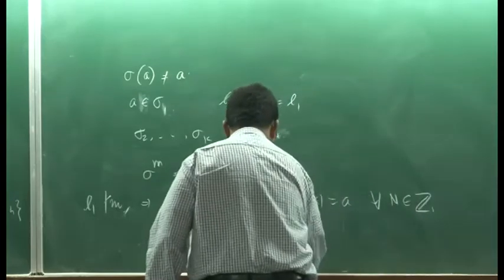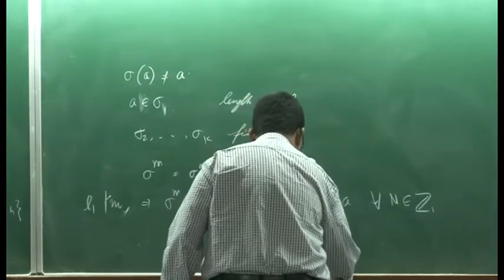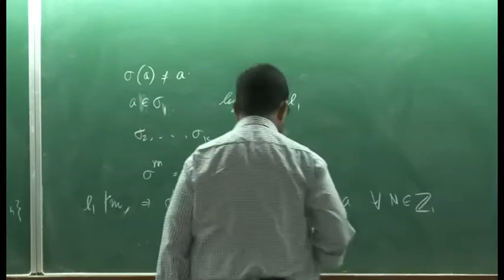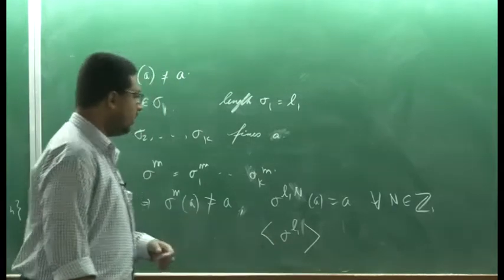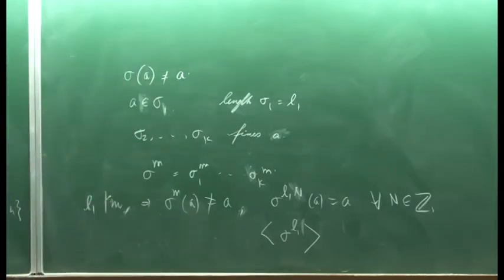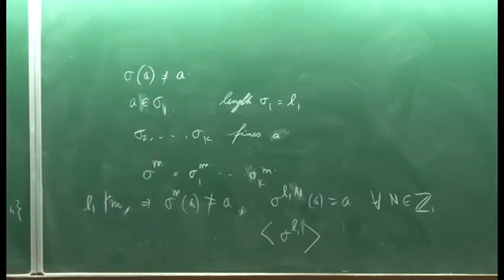So hence the stabilizer of a is precisely this group generated by sigma^L1, because only sigma^L1 brings a back to its position. Okay. So thus we have seen the orbits and stabilizers under the actions of